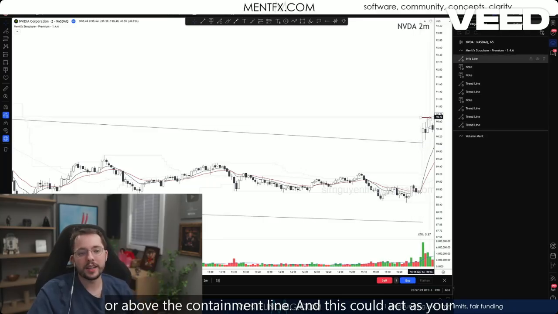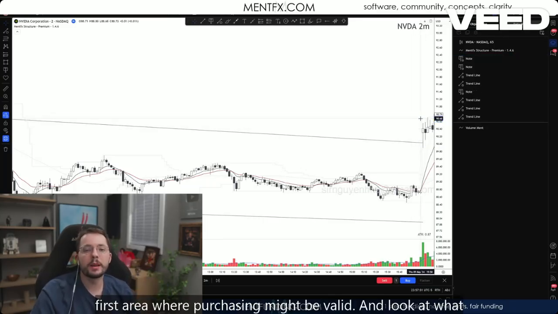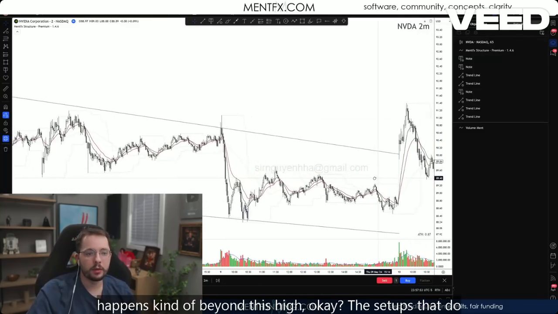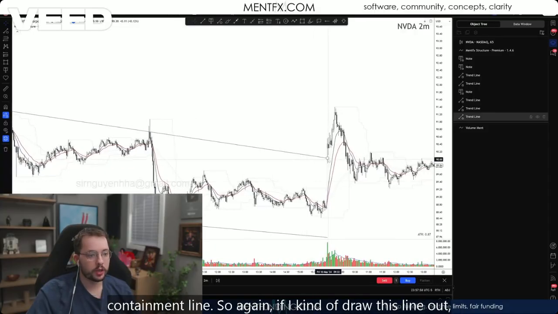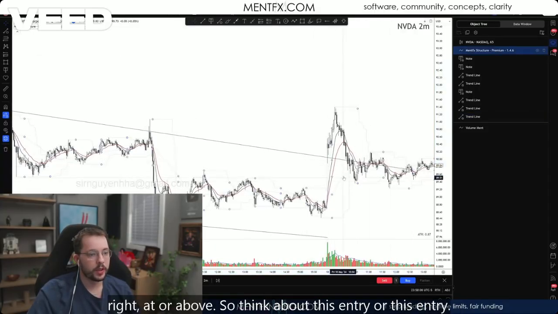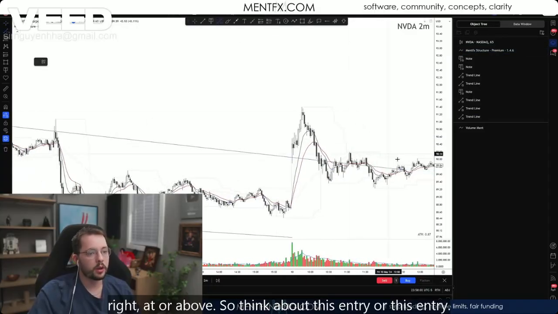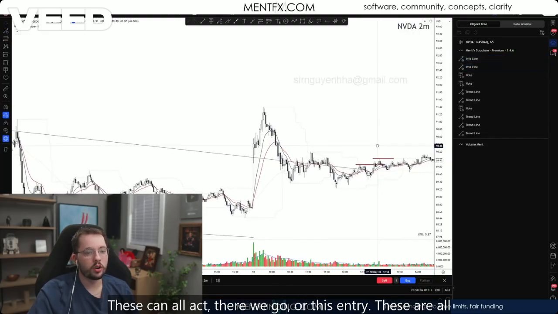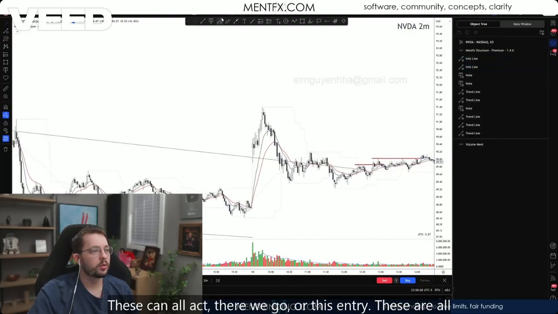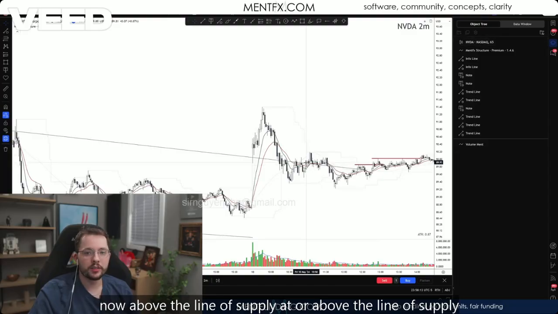And this could act as your first area where purchasing might be valid. And look at what happens beyond this high. Okay, the setups that do set up, so again, if I draw this line out, at or above, so think about this entry or this entry. These can all act, there we go, or this entry. These are all now above the line of supply